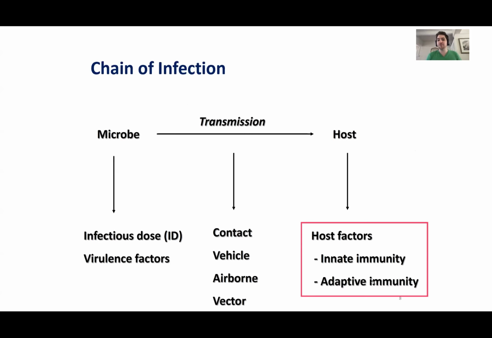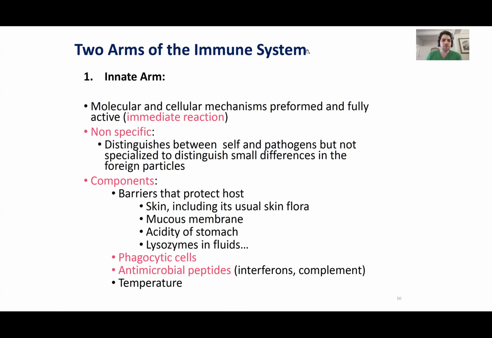Contrarily to that, the adaptive immunity is going to be your memory cells. When you get some sort of infection, your body is able to make these memory cells to recognize it if it happens again. So this is more of an advanced system. These are our B cells, our antibodies, and our T cells and how they develop. It's going to be more of a long-term response, and it will differ from person to person, depending on what you're exposed to, what vaccines you have, and whatnot.